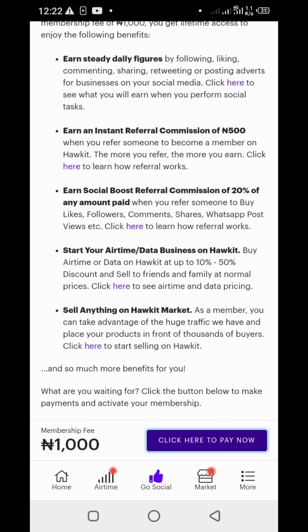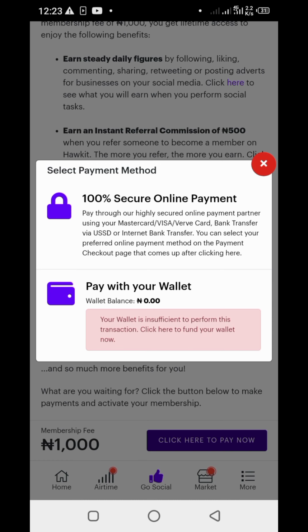Then there is another method. You can also pay using your wallet balance. Assuming you already added money to your wallet, you can use it to become a member.